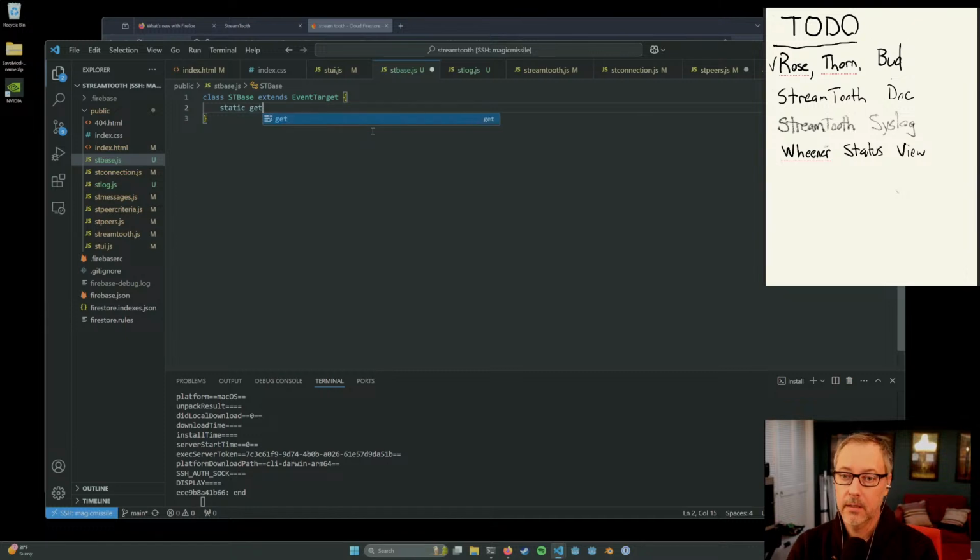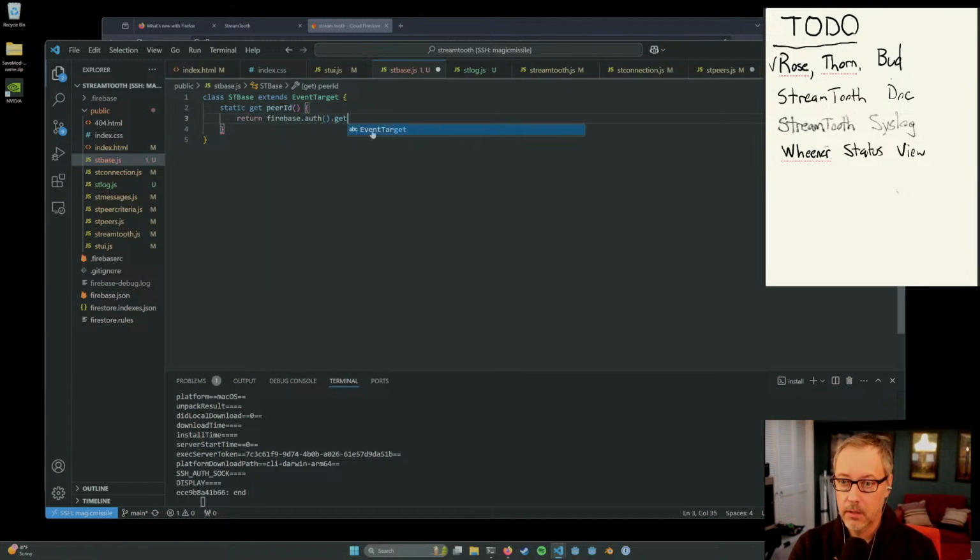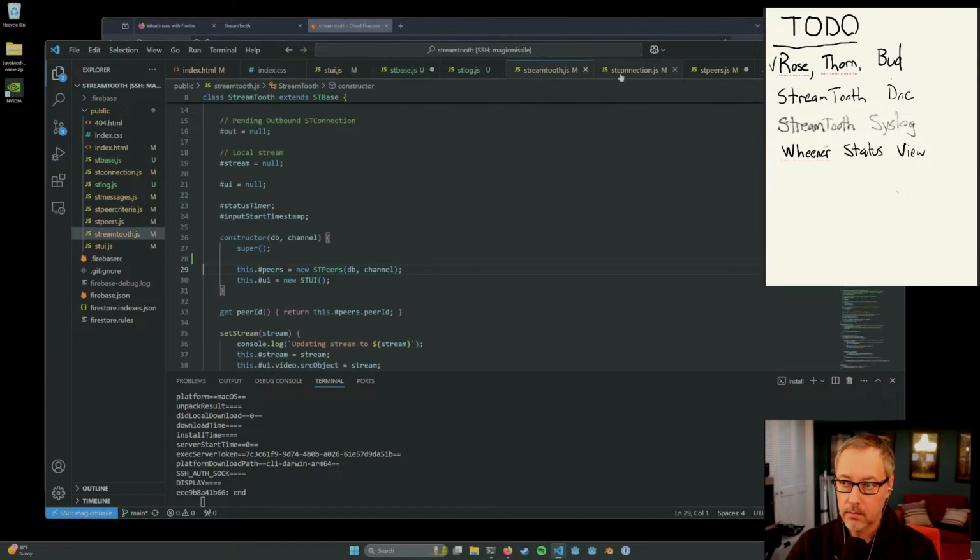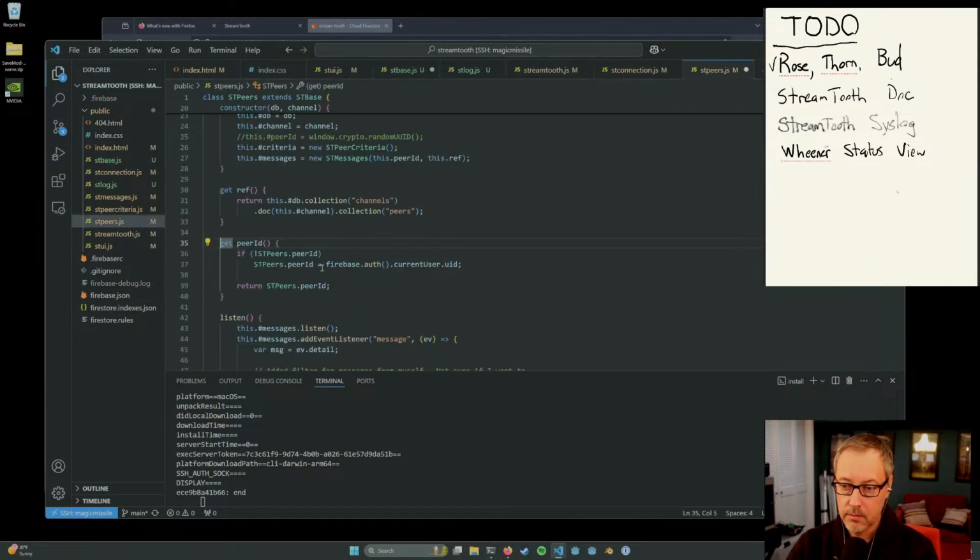Okay, static get peer ID. Okay. Firebase return Firebase auth get current user ID. Is that what it is? We're just gonna do it the right way. It's in st peers. That was close.